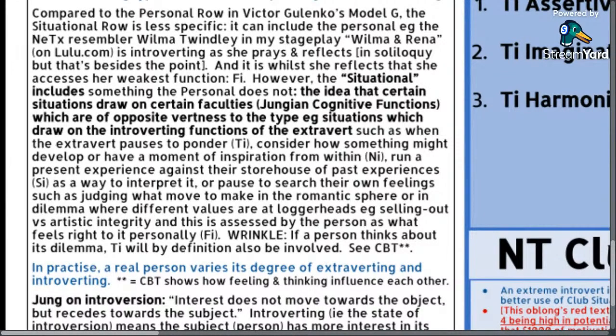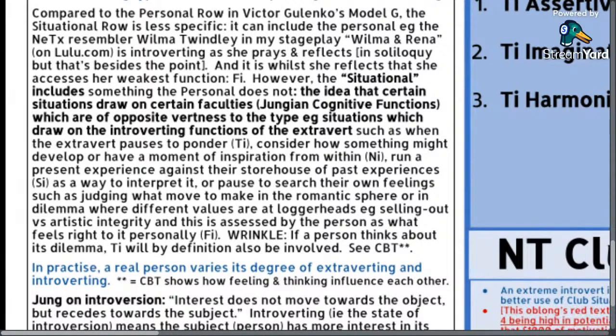She's introverting as she prays and reflects in soliloquy, but that's beside the point. And it is while she reflects that she accesses her weakest function, Fi. However, the situational includes something the personal does not: the idea that certain situations draw on certain faculties, Jungian cognitive functions, which are of opposite Wertung to the type,